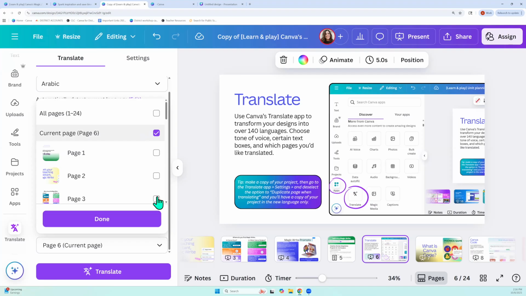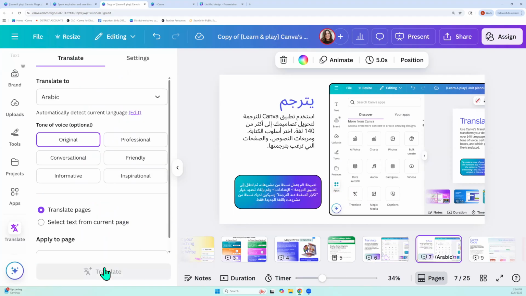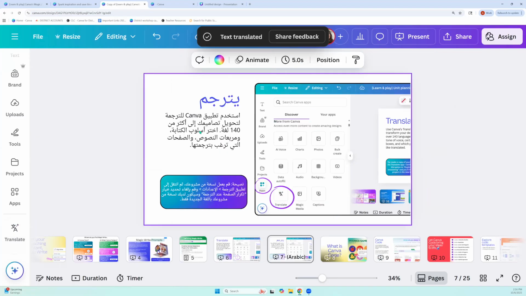So for the sake of time, I'm only going to do this current page, page number 6, into my desired language of Arabic. I'm going to hit translate. And now you can see I have this translated page now in Arabic. The other thing that I love is that when you translate across languages, to say the same thing, it might be a few more words or it could be way less words, right? Canva will automatically resize the text